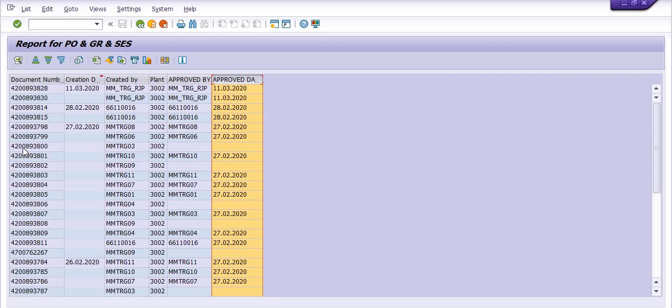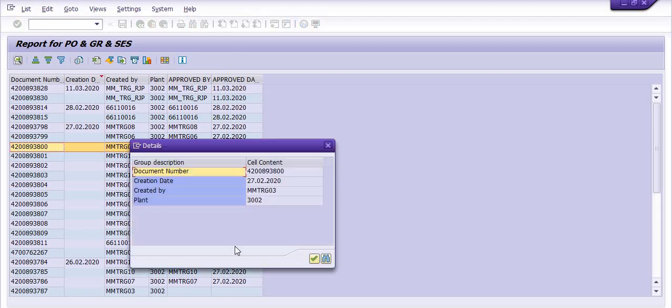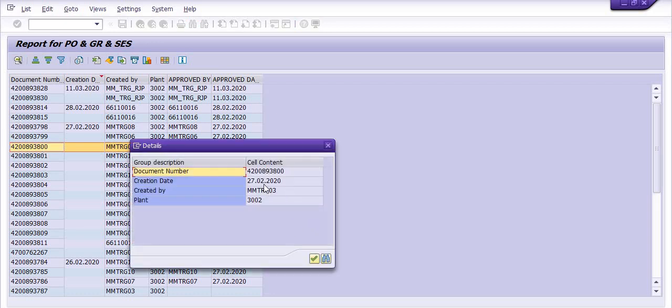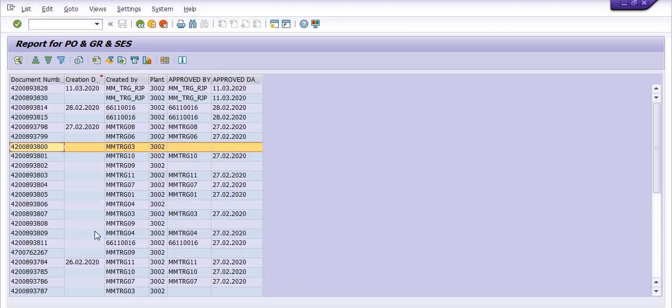For example, if I want to open a purchase order which is not yet approved, the system is not going to display much record. Here you can display this purchase order using ME23 and go to the release strategy. You will get the data of whether the PO is approved or not. If R1, it means initiated or not, or still lying in the inbox.